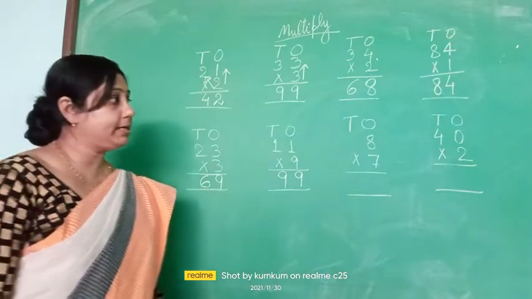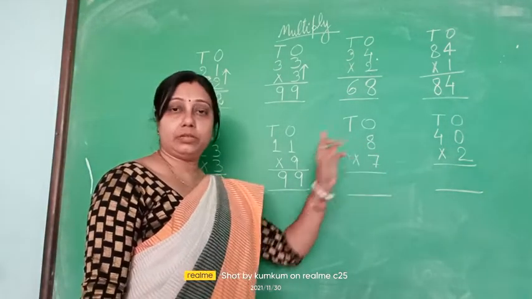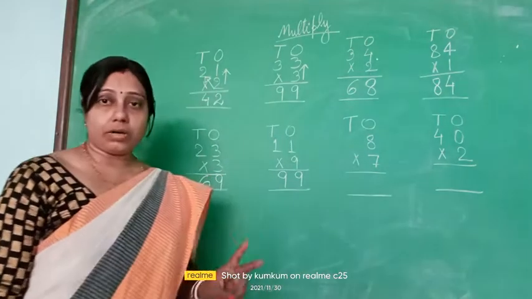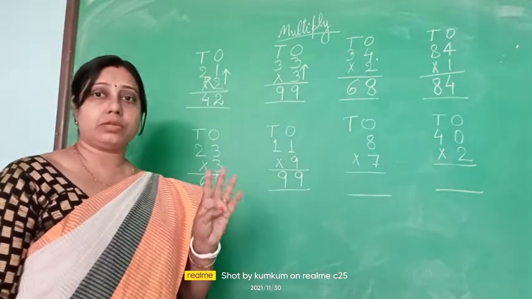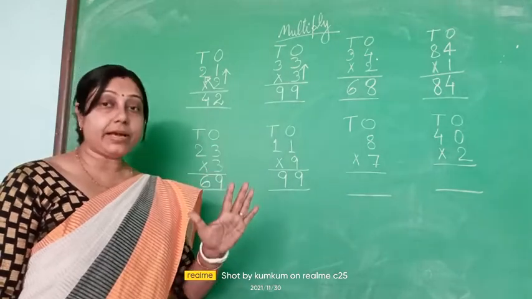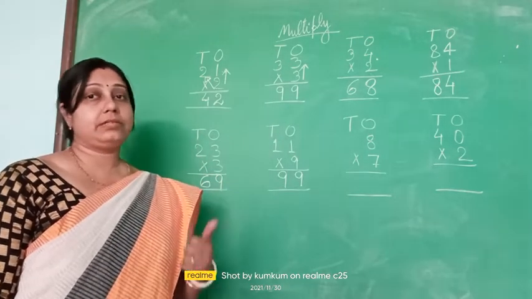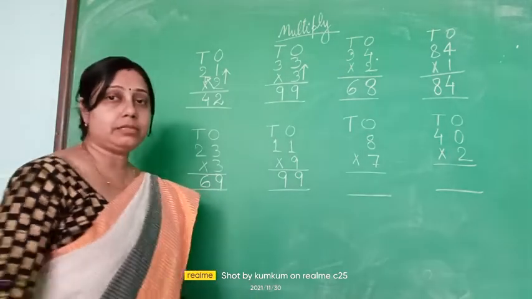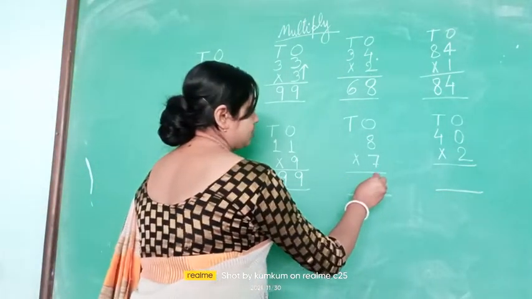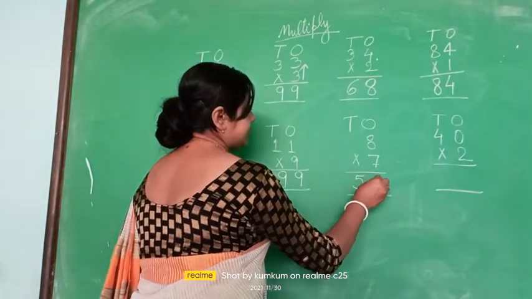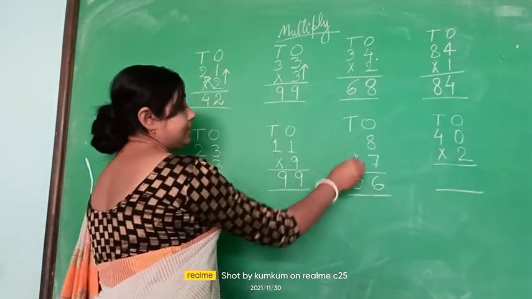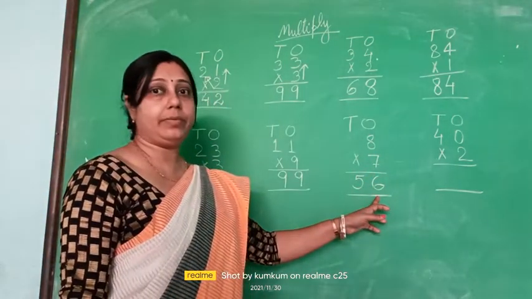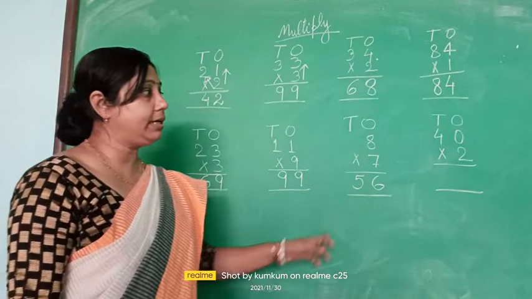So we will multiply 8 into 7 or 7 into 8. So let us read the table of 7. 7 ones are 7, 7 twos are 14, 7 threes are 21, 7 fours are 28, 7 fives are 35, 7 sixes are 42, 7 sevens are 49, 7 eights are, yes, 7 eights are how much? 56. So I will write 56 like this, so that in the tens house I am writing 5 and in the ones house 6 will be written. So we have to fill it like this.